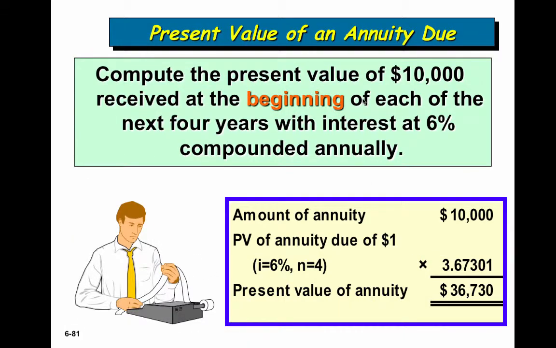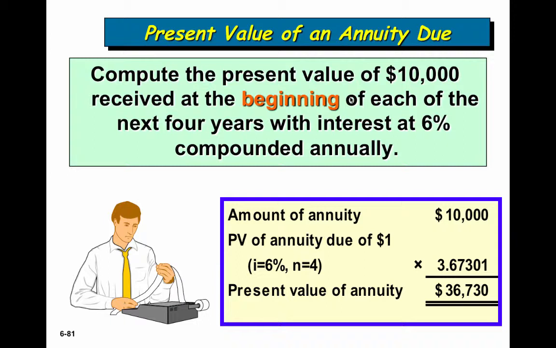Here we have another example. Once again, you don't have the annuity due table, so in order to solve this, what you want to do is look up the present value of an ordinary annuity at 6% for 4 periods. The factor at that intersection would then be multiplied by 1 plus the interest rate, in this case 6%, which would give you the 3.673,